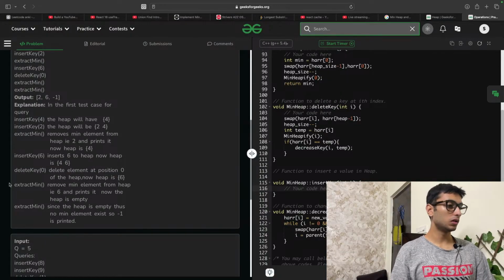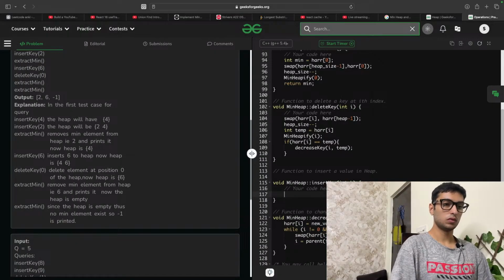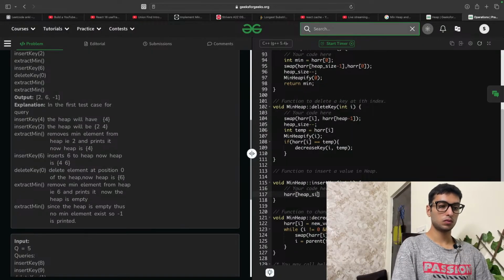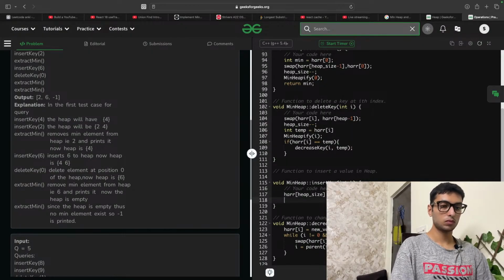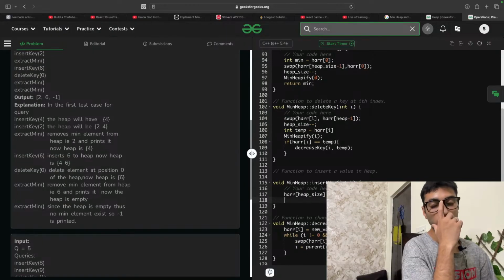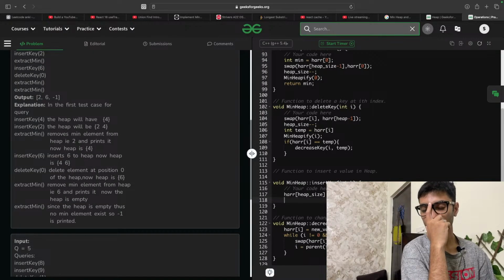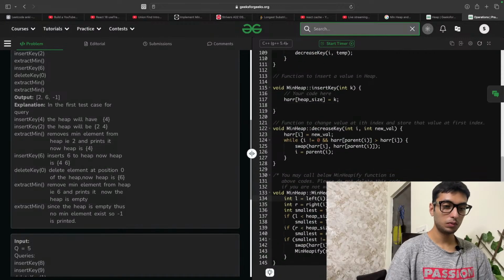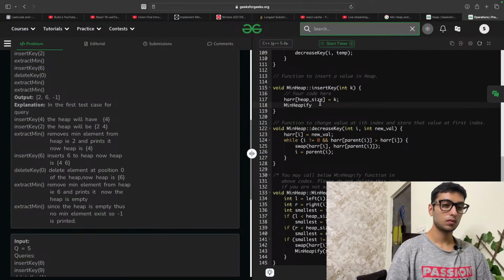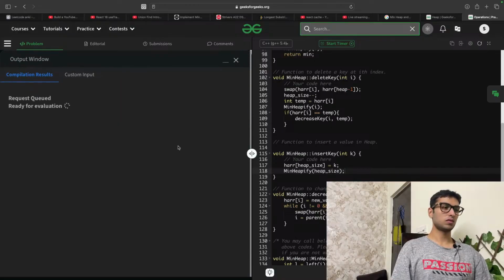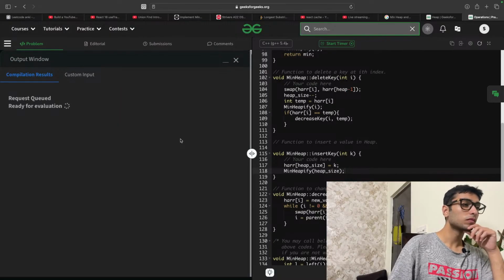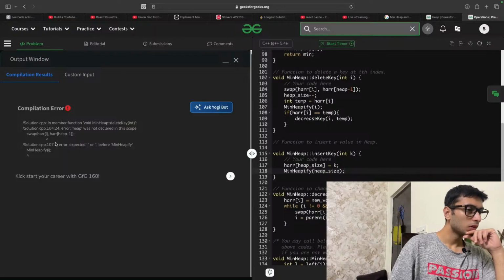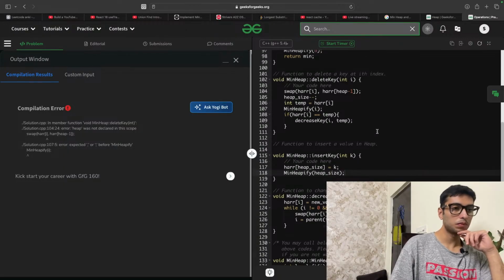Void min heap insert key. So do this equal to k, and then you min heapify this. Is that it? It was not declared in this scope. Okay, swap. Where do I swap?